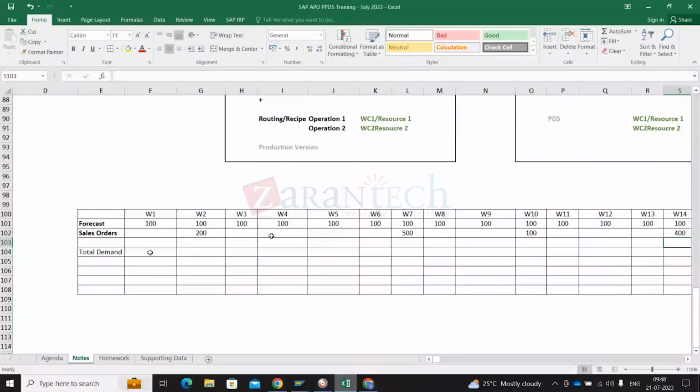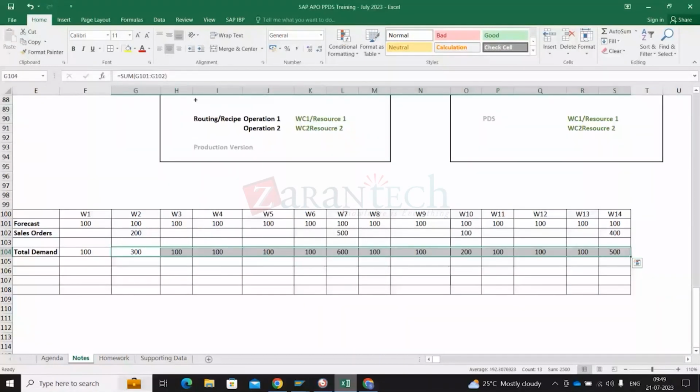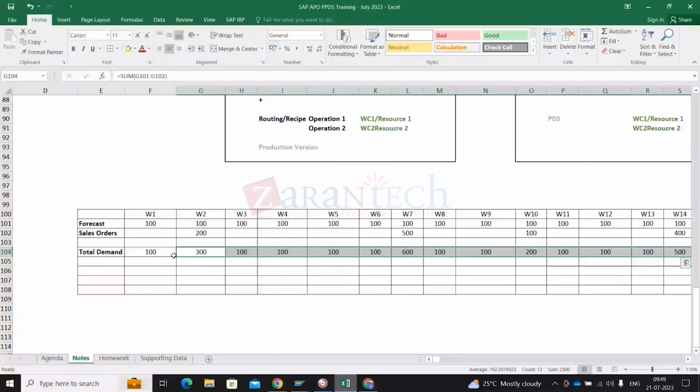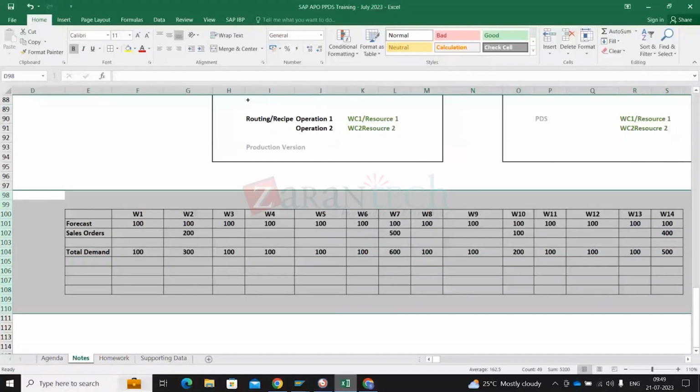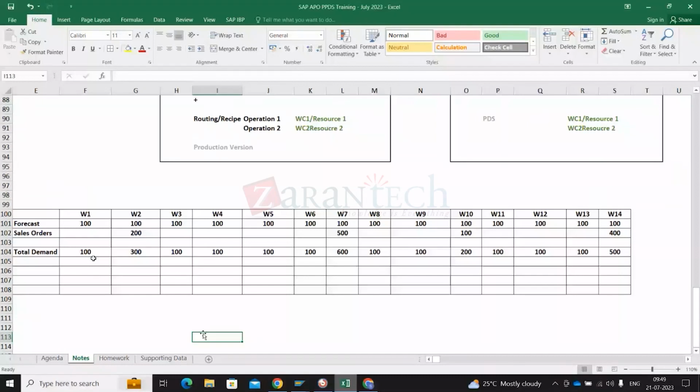So what happens is, if I simply say total demand is equal to the sum of your forecast and sales order, if I assume that, then it is 100 here. But if you go forward, on some weeks it is going to be double the forecast. Here it was a forecast of 100, you got total demand of 100, and you planned against it. But here you forecasted 100, you got a sales order of 200. So in general, you got a total of 300